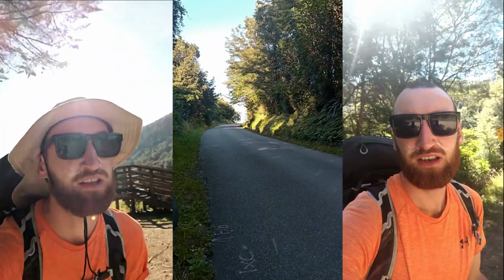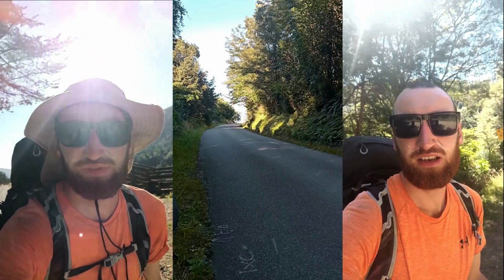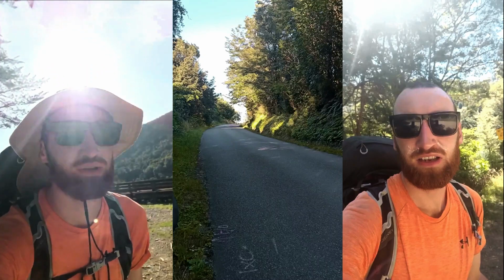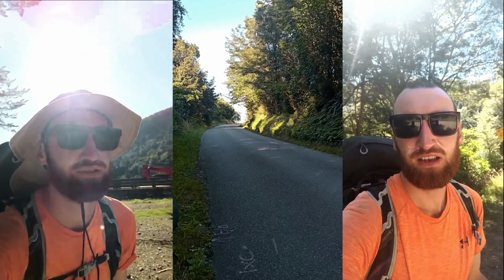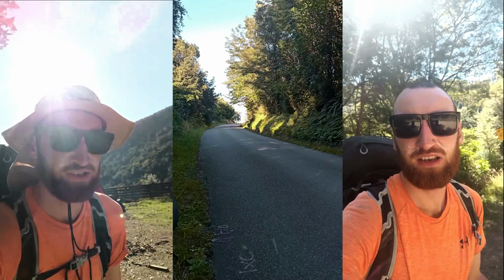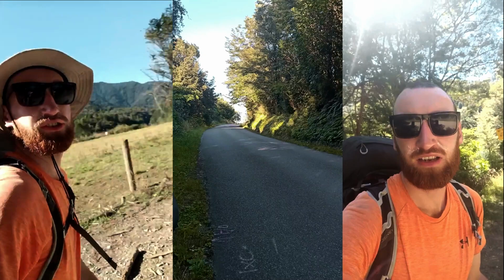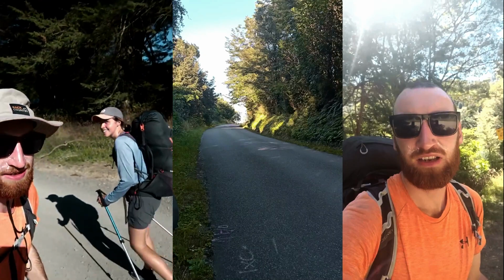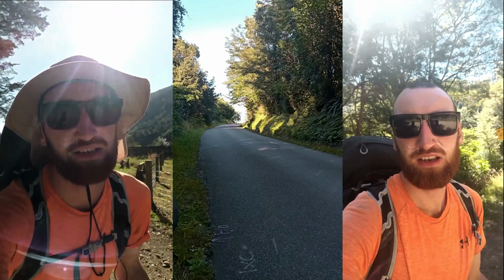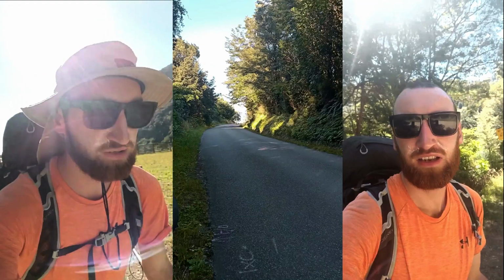Morning. Today is a stinker of a day. We got up early and set off about 7 o'clock to go to the Flores River track, heading to, and don't correct me on this, but I think it's Captain Creek hut. We've got a 14-kilometre road walk first on this dusty road. Shelby's with me. Hi. And then we have an 8-kilometre walk into the bush to the hut, so we should get